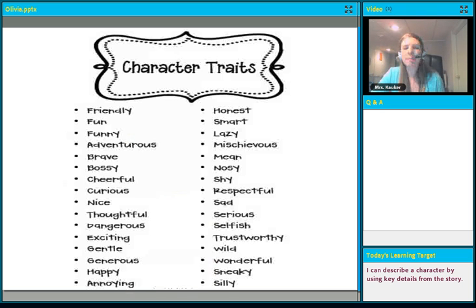So do you remember when we talked about character traits and words that describe a character? We said they could be friendly or fun or funny, adventurous, brave, bossy, cheerful. All those words. It could be any word that describes a character. So we're going to use some of these words to describe Olivia. And I thought of the words already for us, but we need to find the textual evidence that helps support